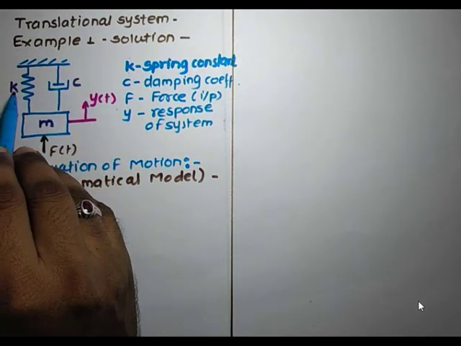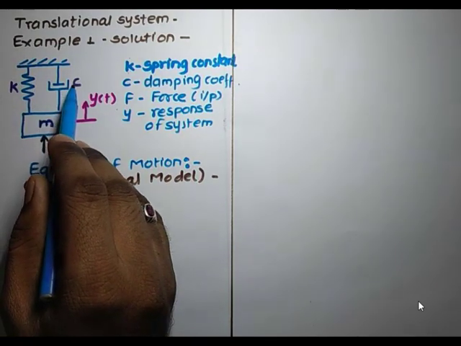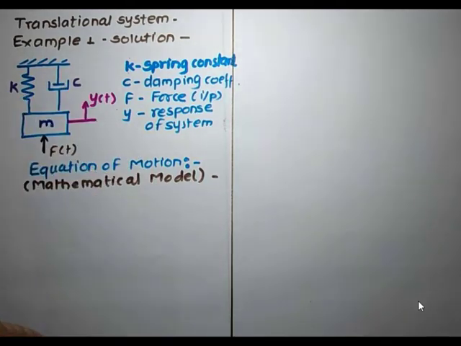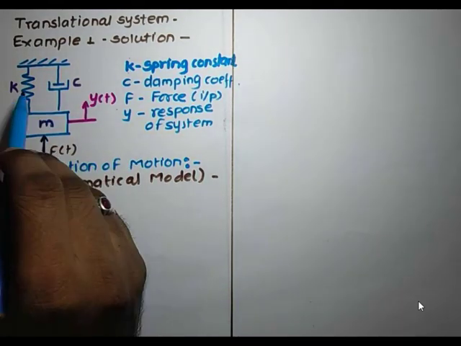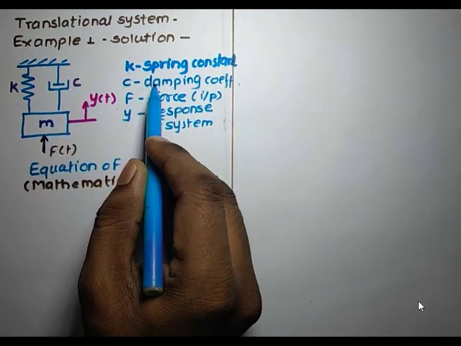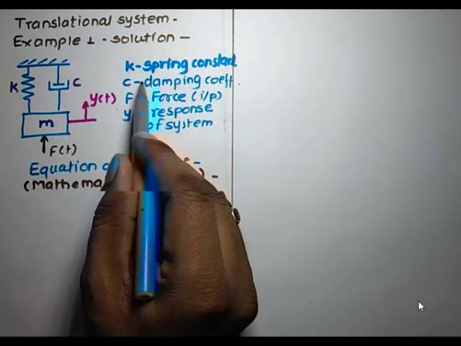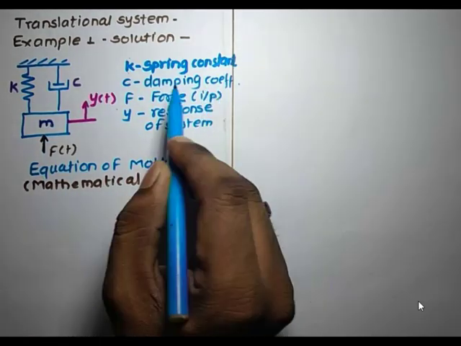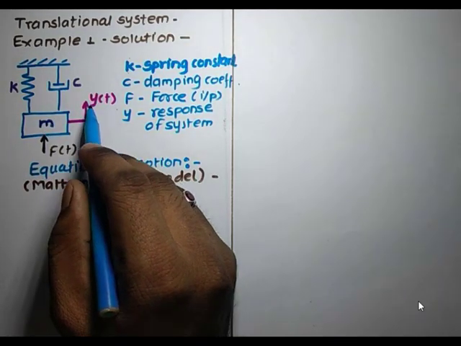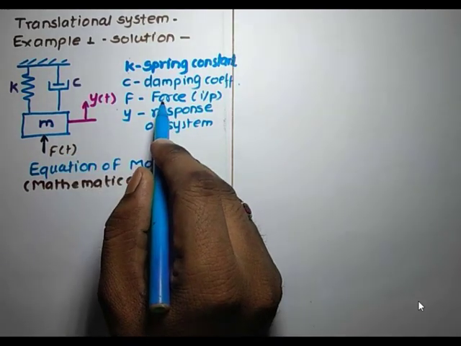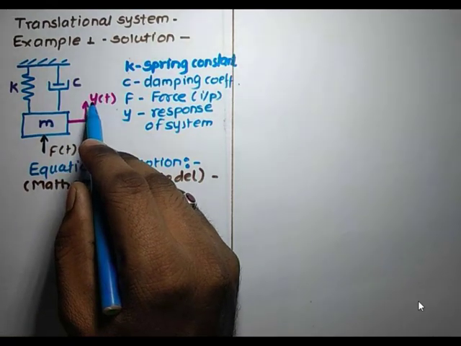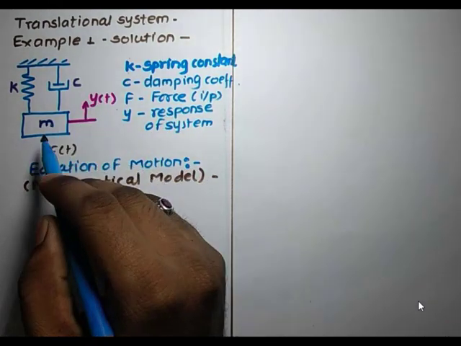Even if instead of K you are using some different notation, or instead of C you are using a different notation, the overall meaning should be the same. Okay, now for us, we are using K. K is the spring constant or spring stiffness. C is the damping coefficient, here in Newton second per meter for a translational system. M is the mass of the body in kg. F(t) is the input force, and here we are considering F(t) is the step function. y(t) is the response of the system for the given step function.